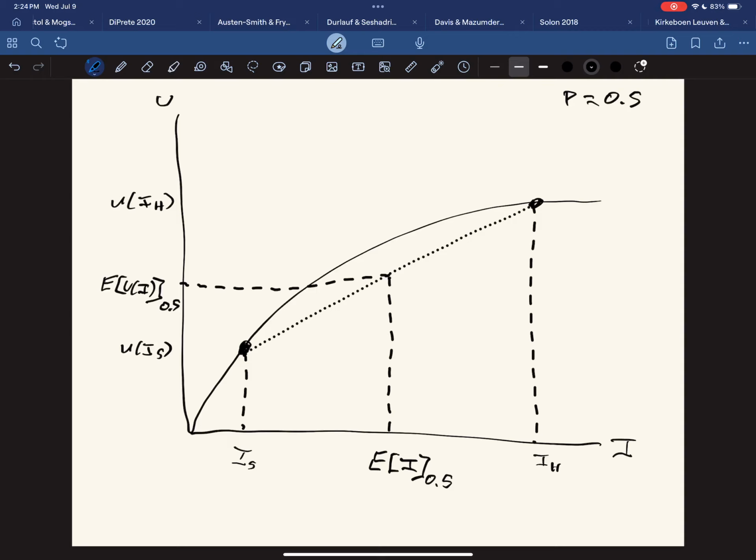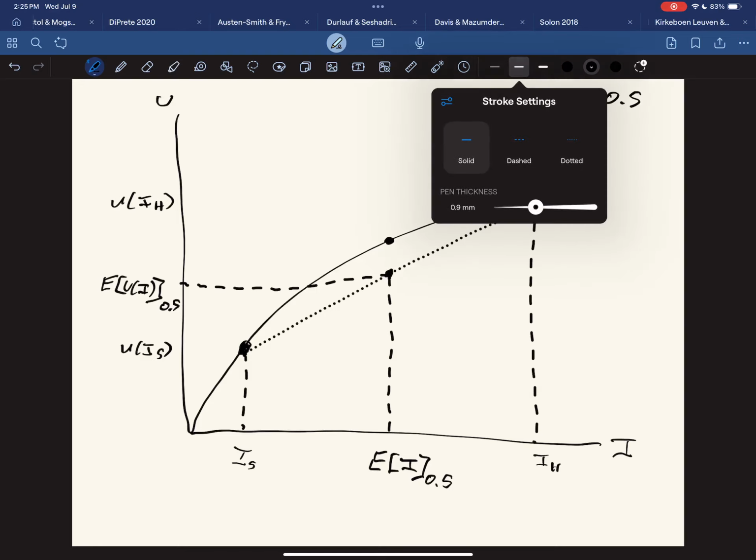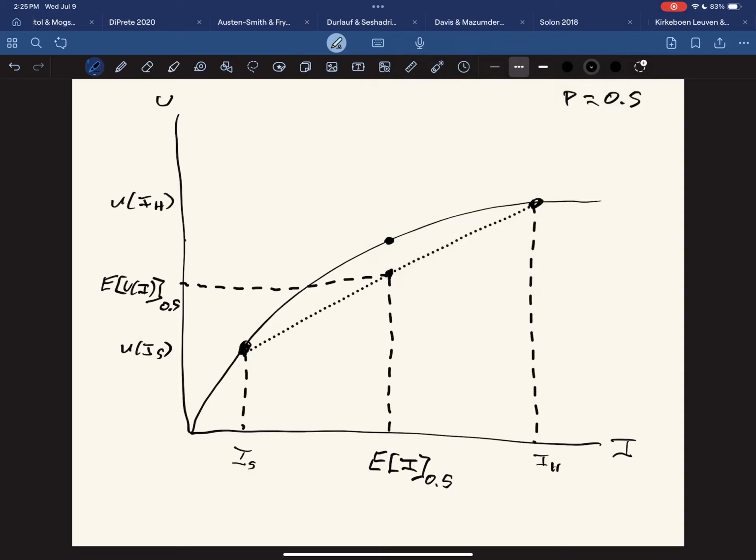What if instead you give me all your income, whether you're healthy or sick, and in return I guarantee I'm going to pay you the average of your healthy and sick incomes? If I'm guaranteed the average of the healthy and sick state, that's the same as being guaranteed the expected value of my income. What's my utility? Well, it's actually up here, right? And you may notice that I will accept that bargain